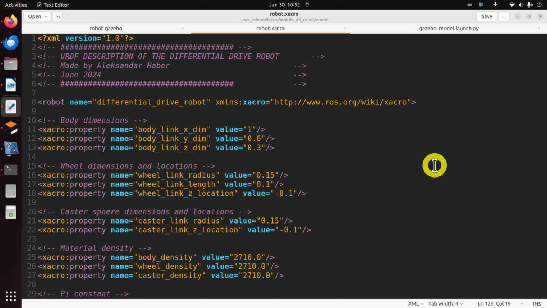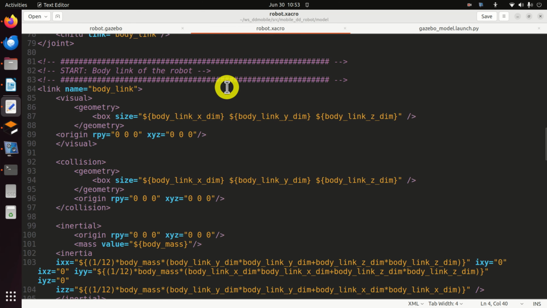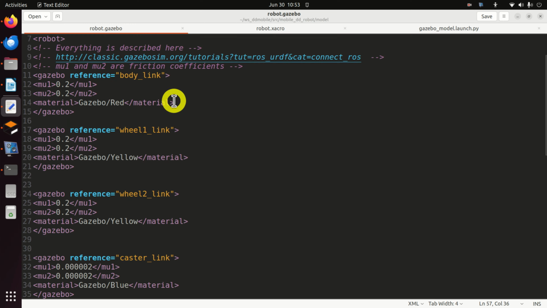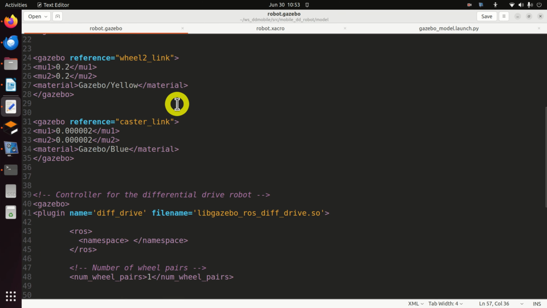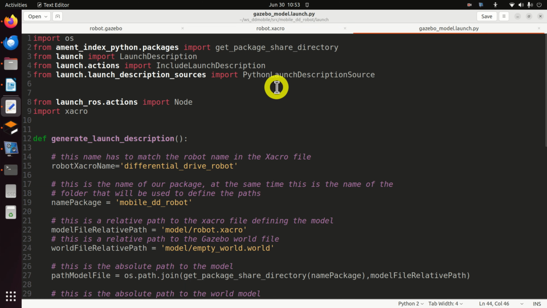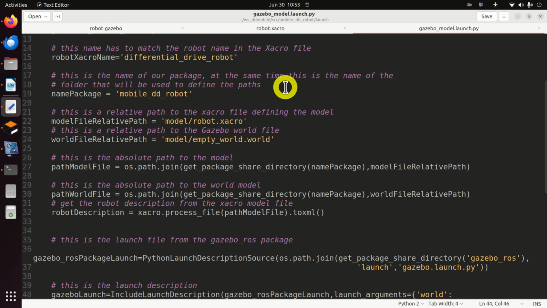In this tutorial, you will learn how to model, simulate and control this differential drive robot from scratch in ROS2 and Gazebo. That is, you will learn how to write the following files. You will learn how to write robot.xacro file that completely describes the robot geometry. Then, you will learn how to write a Gazebo file that specifies controllers, additional Gazebo properties, and some other parameters. And finally, you will learn how to write a ROS2 launch file that connects all the pieces together and that